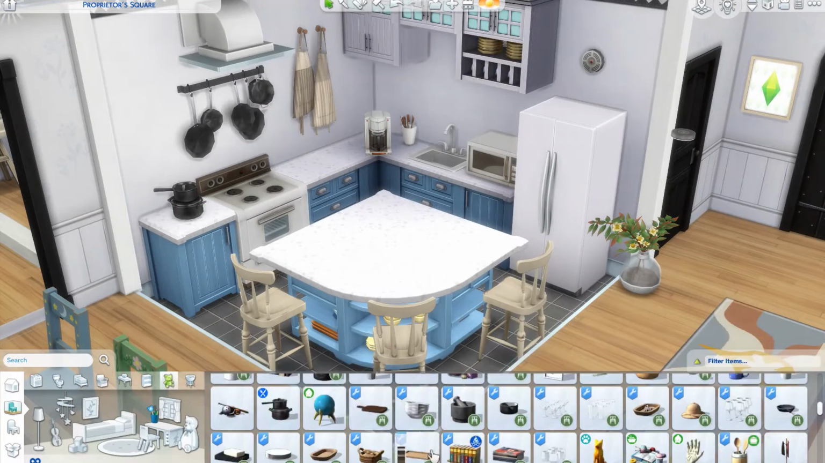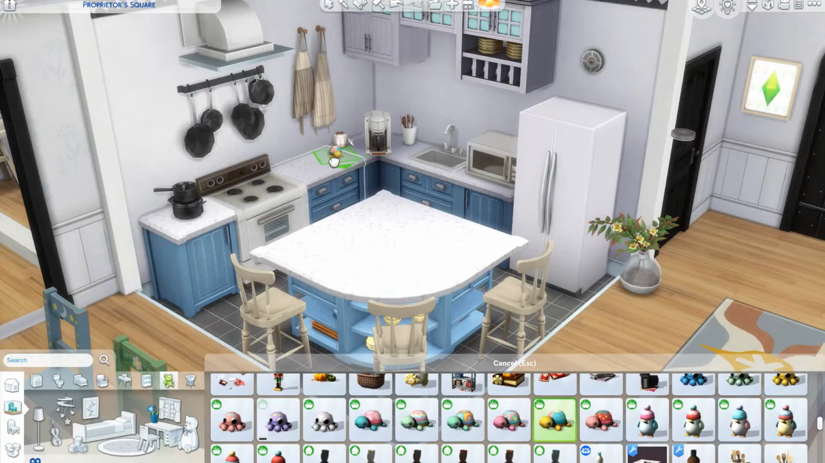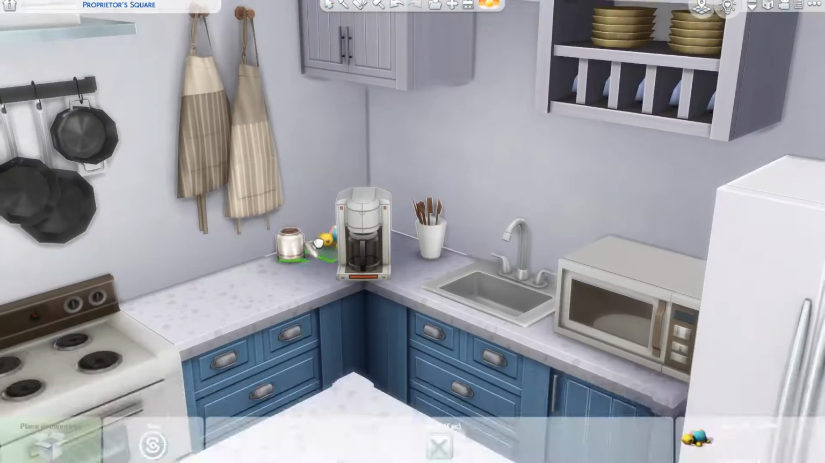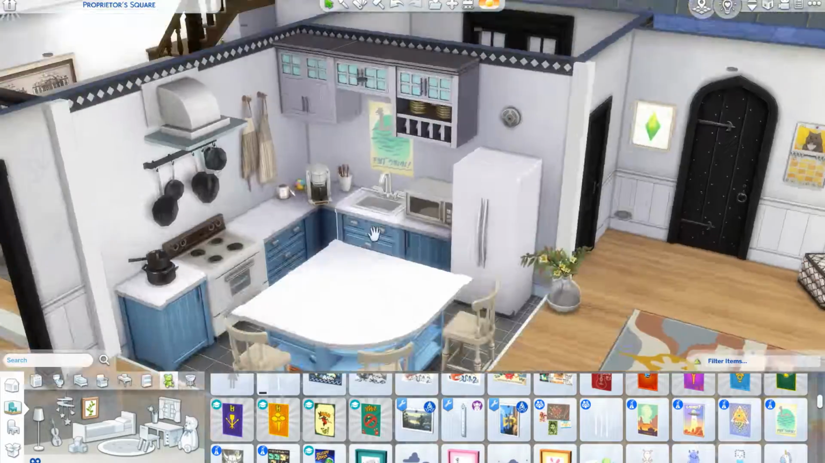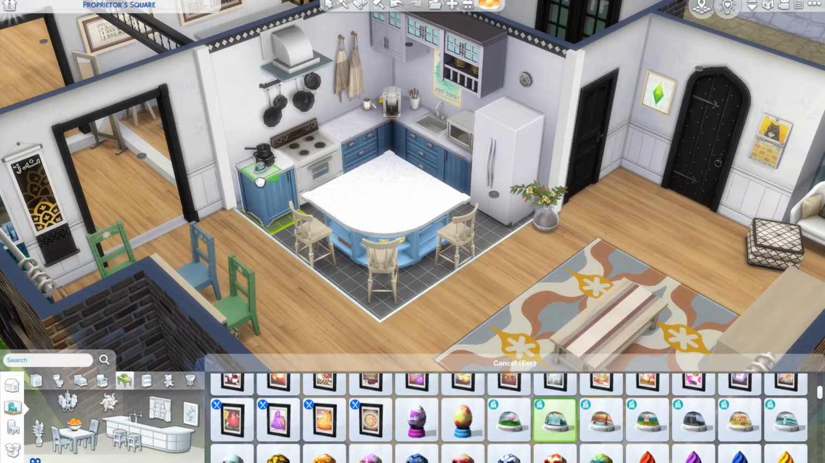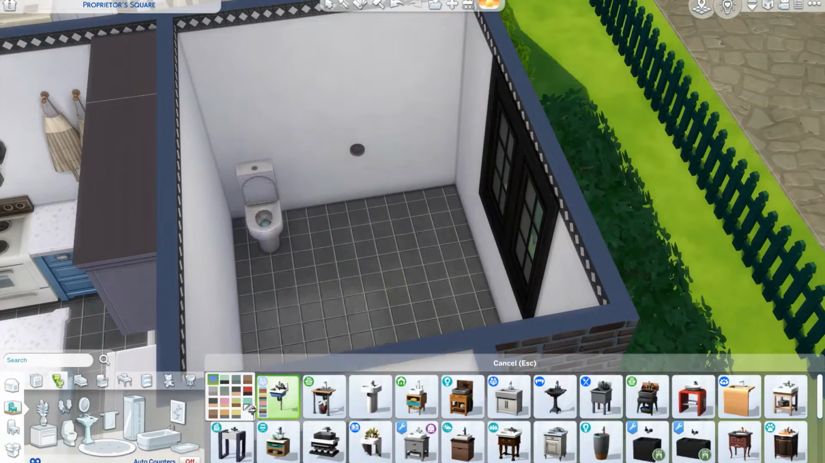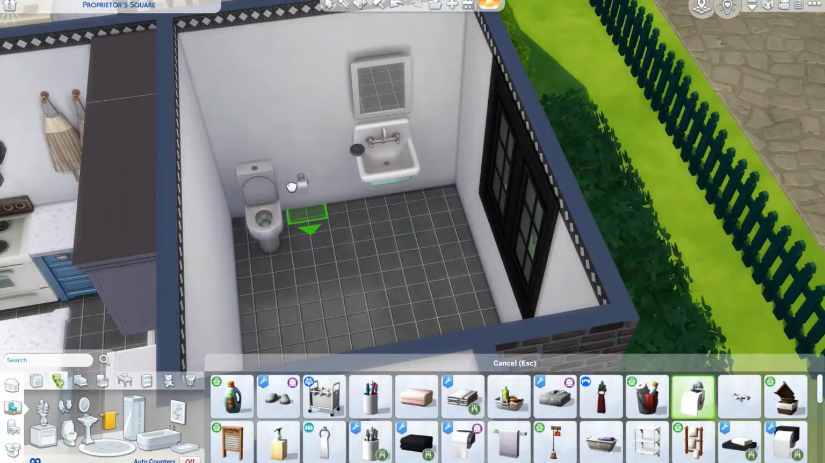So anyway, this was the kitchen. I made it sunk down. I put in lots of clutter because I think that is my favorite thing to do in these builds. I love doing kitchens and that sort of thing because there is so much good clutter to go in them. I also put a lot of